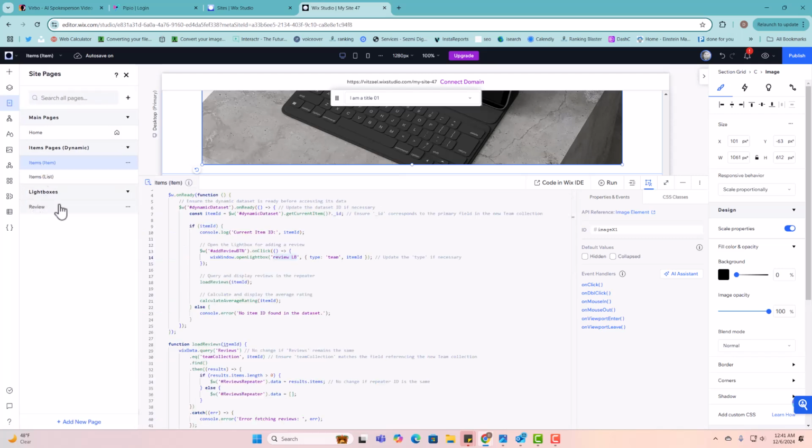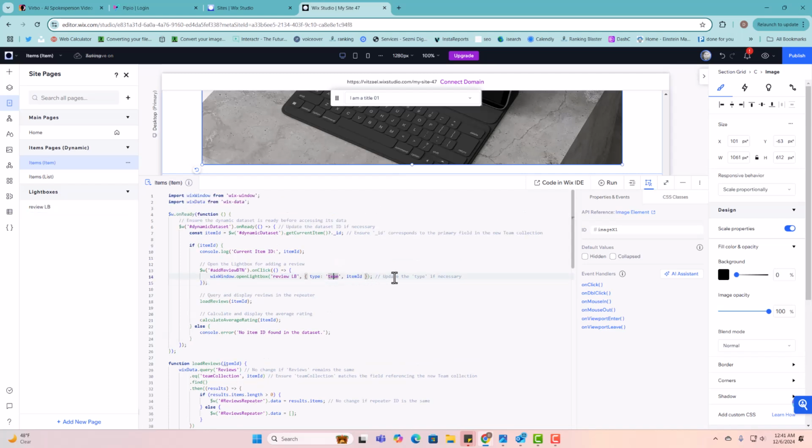Right now we have it set as review, so we can just rename it to lowercase review LV, or vice versa. You have to change it here. And then update the type if it's necessary. So here, item ID, team. Right, so this is going to be,